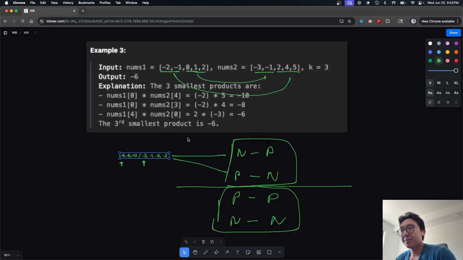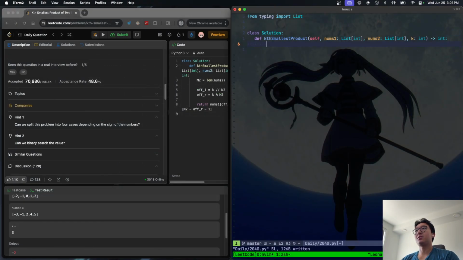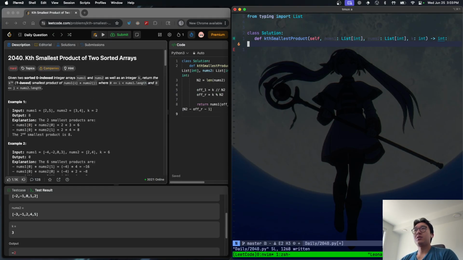This might work. Let me try to code this thing. I'm 42 minutes into thinking about this. So first of all, we need to separate the positive and negative numbers from both arrays. So pos1 is equal to this. We have 2, 3, 4. Pos2,